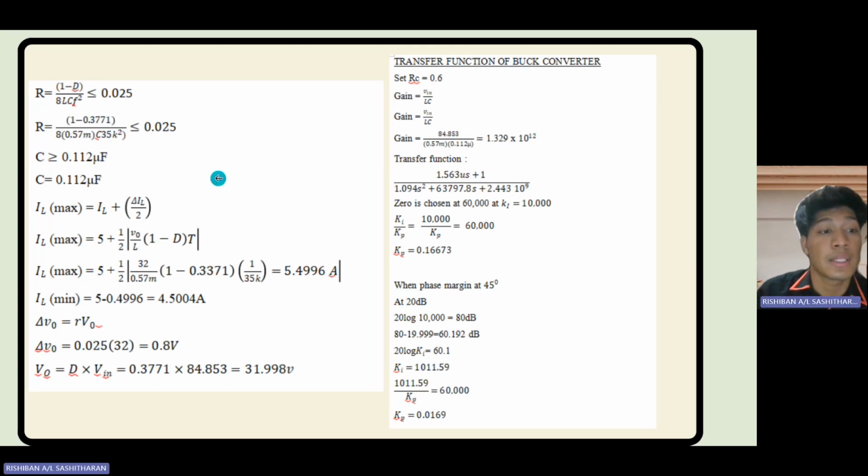And then we calculate the value of IL max. As we know, the formula is IL plus delta IL divided by 2, and then the formula is phi plus 1 over 2 times VO divided by L and times 1 minus D times by T. Okay, we put all the values that we get and then we get our IL max, which is